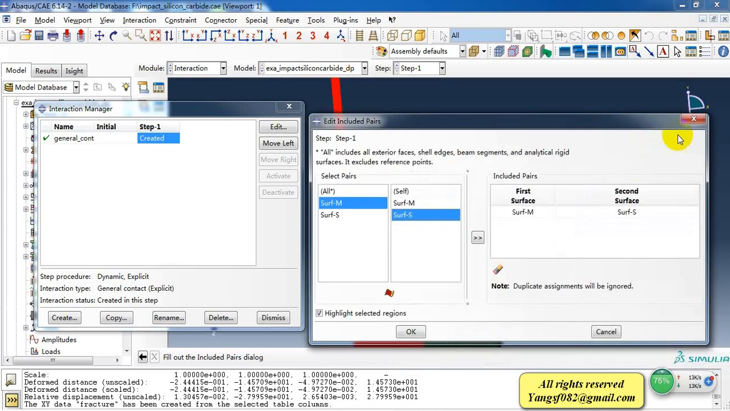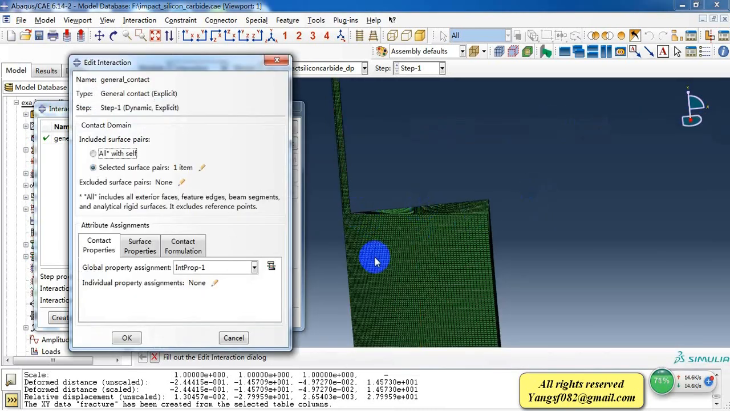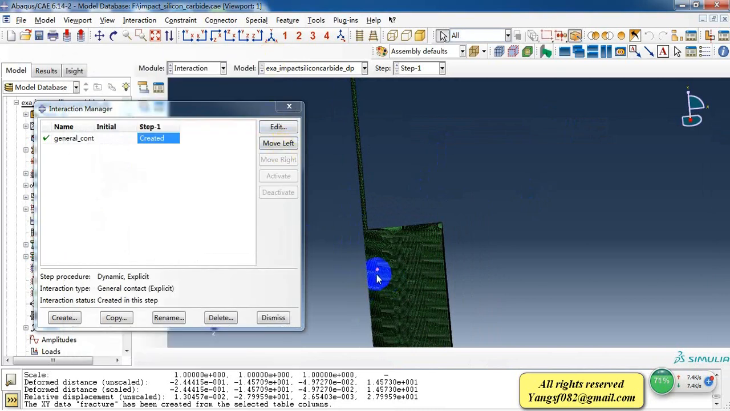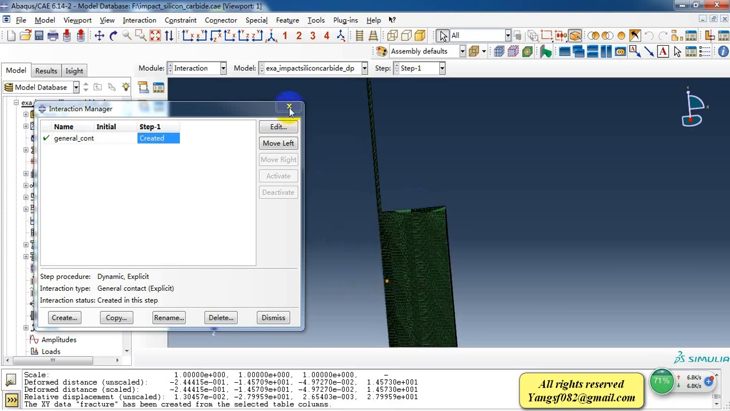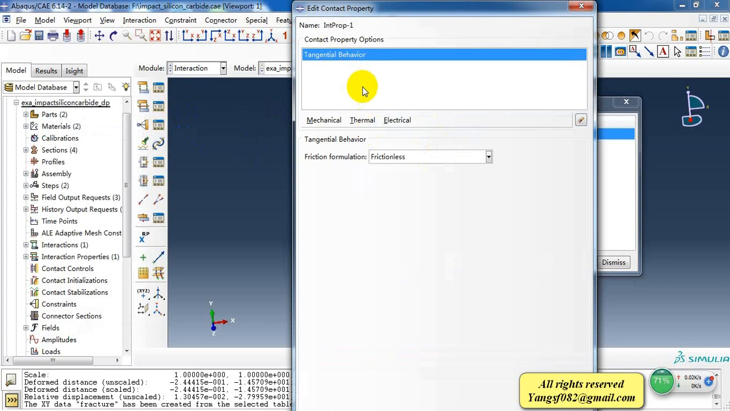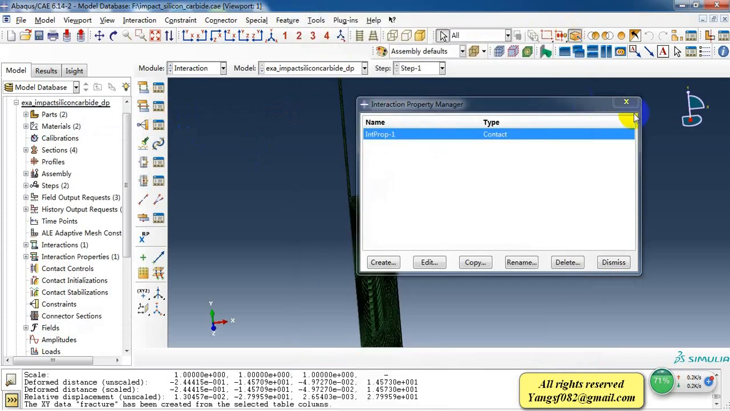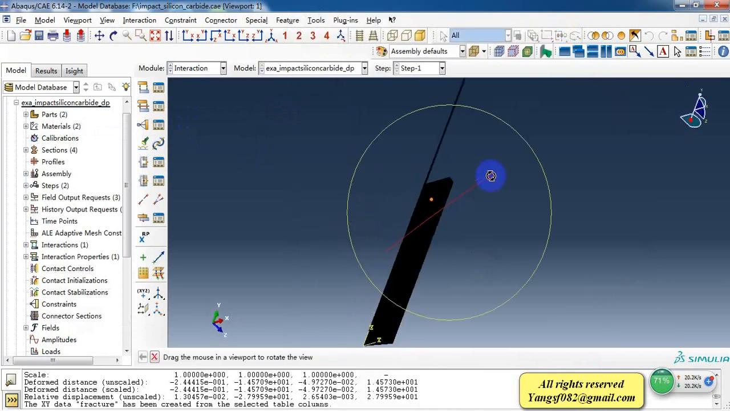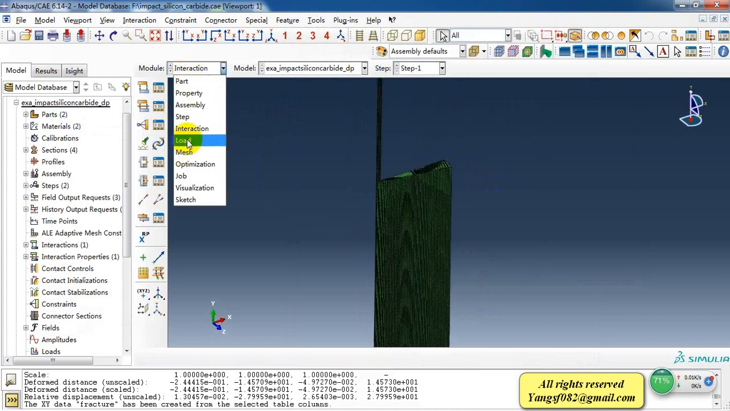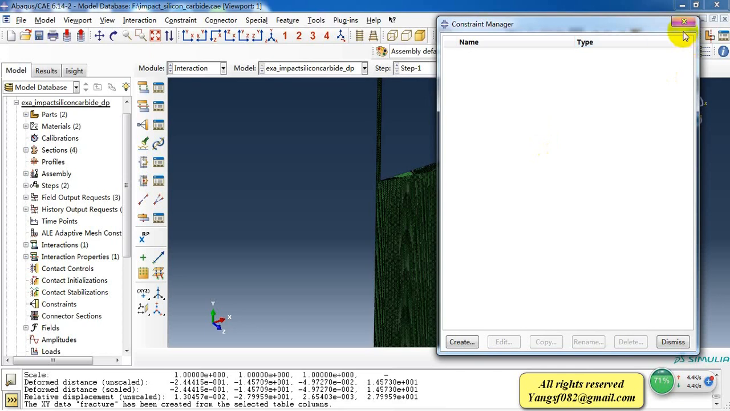We need to choose the element inside the surface. So when the element is deleted, the new element surface will show up and create the contact. And the contact property, we just give it a default contact property. So